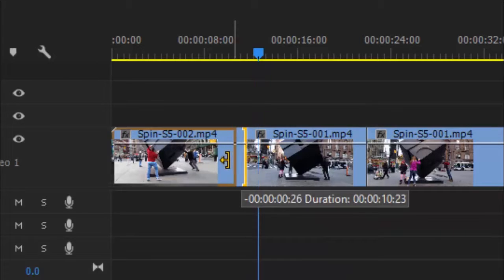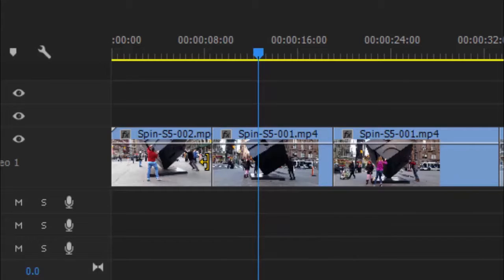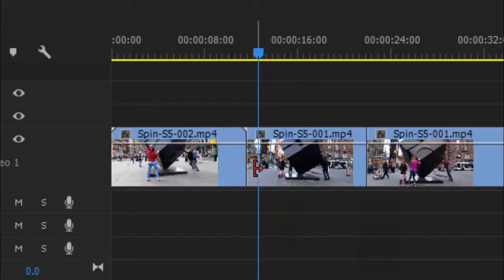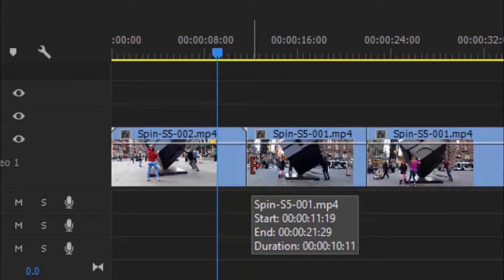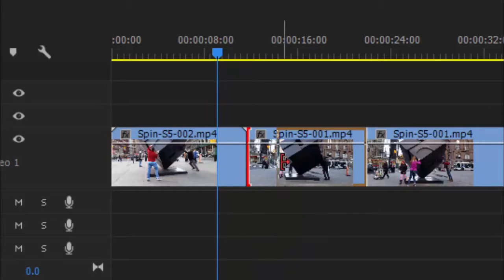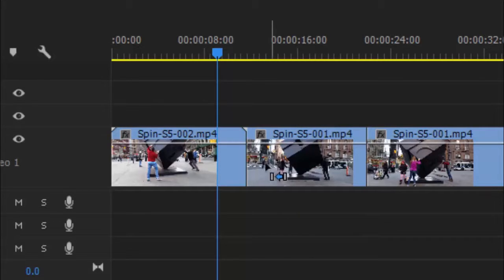So this will trim the clip. When I let go, it's going to close up the space. So this is a ripple edit. Let me do an undo, Ctrl Z. Now, if I want to go the other way, I bring it to this clip and you can see the arrow is pointing this way. So again, there's a regular trim, undo, hold the control,